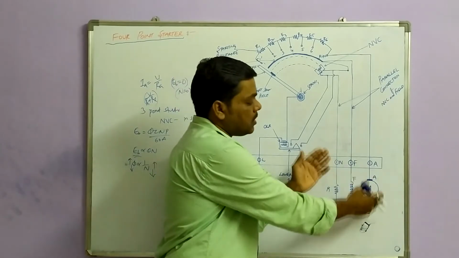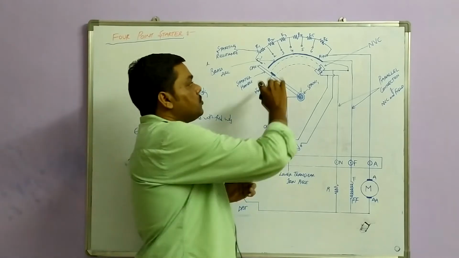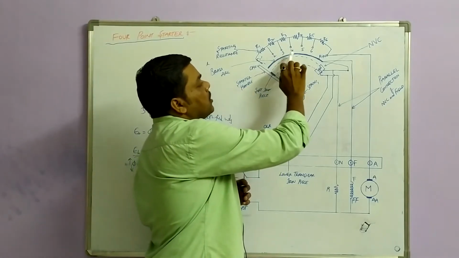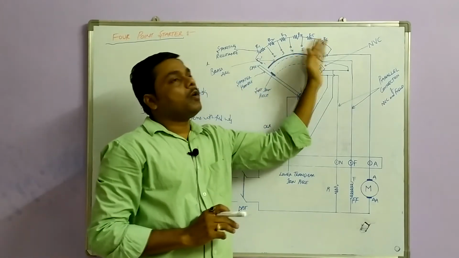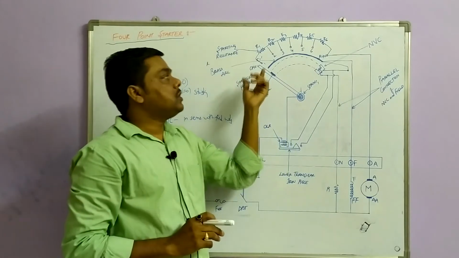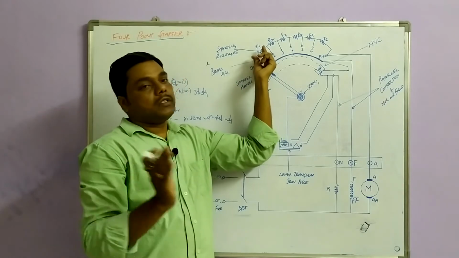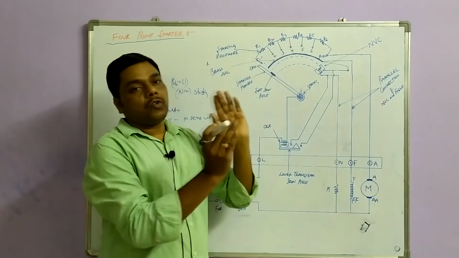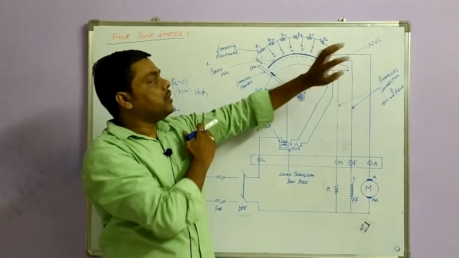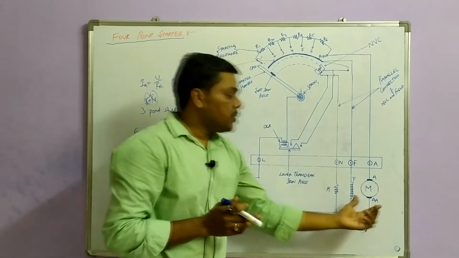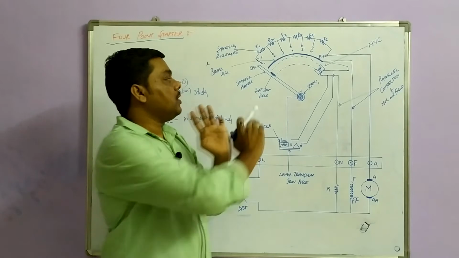It cuts the armature conductors again. As you move the handle from position 1, 2, 3, 4, 5, 6, the total resistance decreases. Why? Initially the resistance is this much. As you go to number 2, R1 resistance is bypassed. If you go to number 3, R2 resistance is bypassed, then R3, R4, R5, R6. Finally you reach the run position, and then your armature picks up its rated speed.